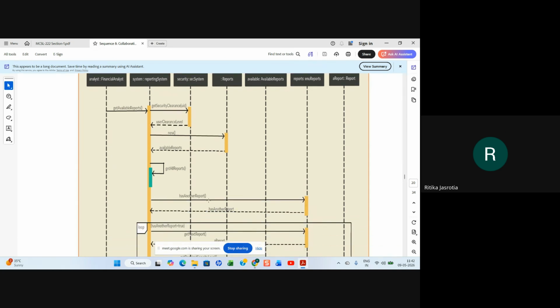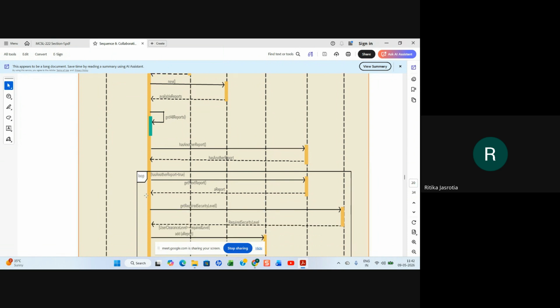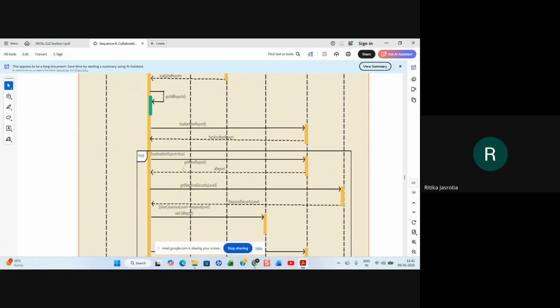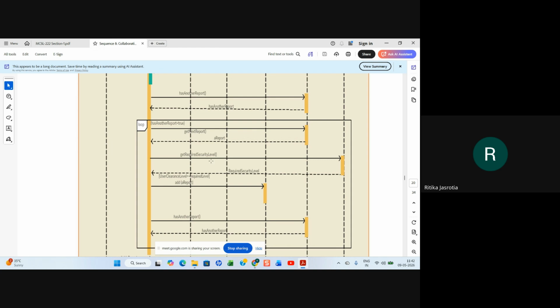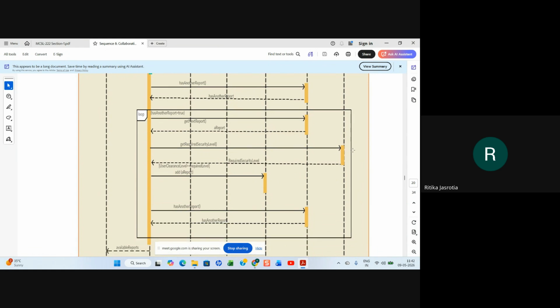Get all reports. Reporting system gets all the reports. Then has another report. So it goes to the ENU reports. So other reports are returned here. Has other reports too. So if there are other reports, get next report. There are many reports, so they are getting the report returned. Get required security level check, right, for the report, and required security level user clearance is given that these reports can be given to such a user.